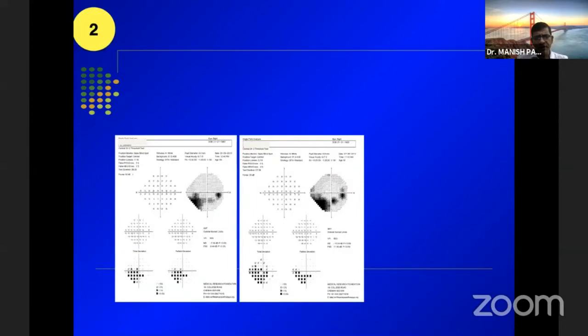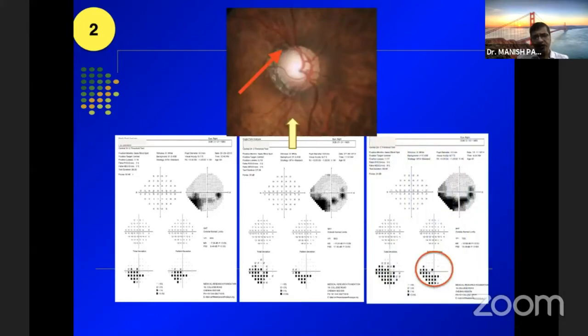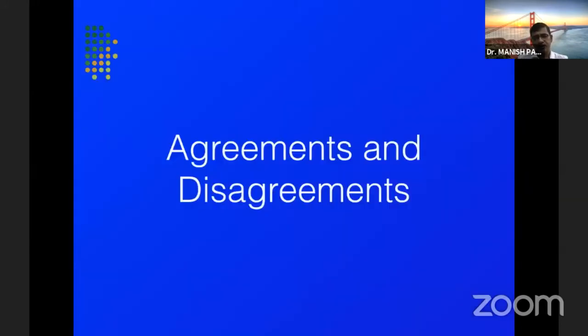Take another example of visual fields. The patient is on medication, and we see two visual fields over a couple of years, and it looks fairly stable to us if you look at it closely. But if you miss that disc hemorrhage in that eye, we'll possibly miss a further progression which is likely to happen. So clinical evaluation of the optic disc, in consideration of what we see in the visual fields or the imaging, is also mandatory to find out whether the patient is likely to progress or not.